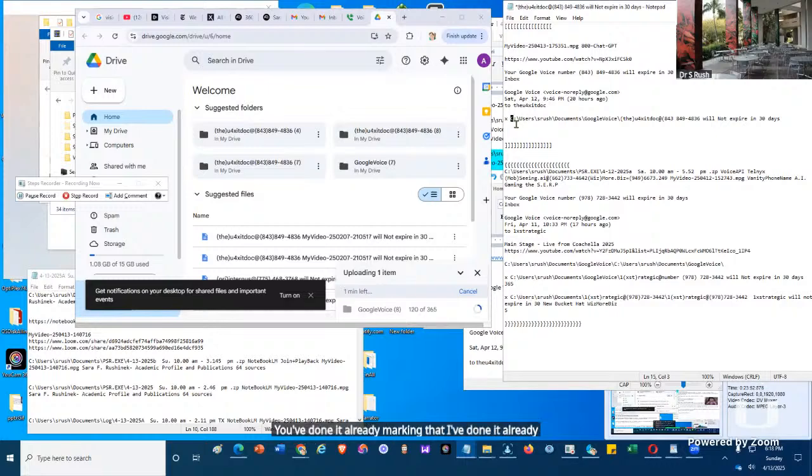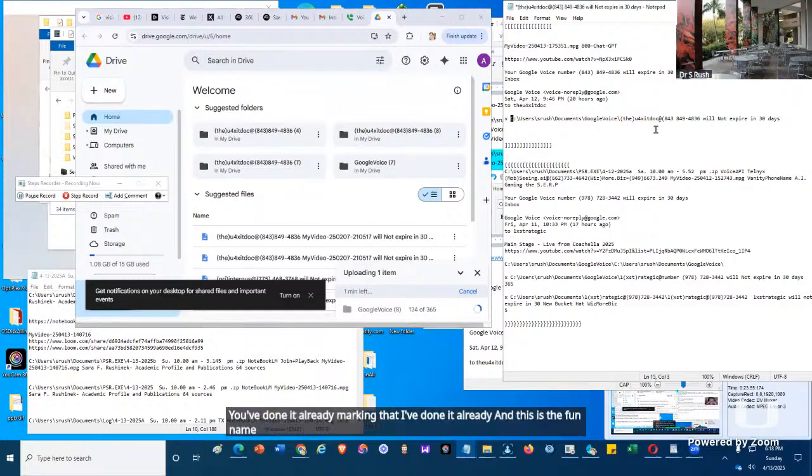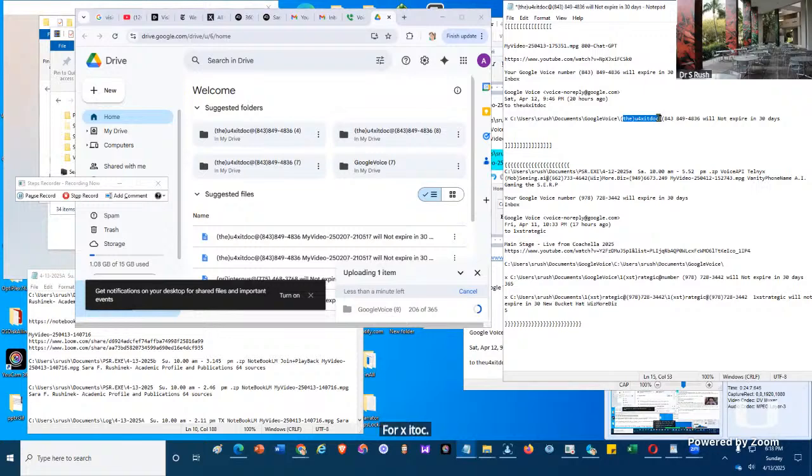And this is the file name that I saved it with, the name of the account that was about to be closed, which is the U4X IT doc. The U4X IT doc. You understand? So now I go to the next line and I type